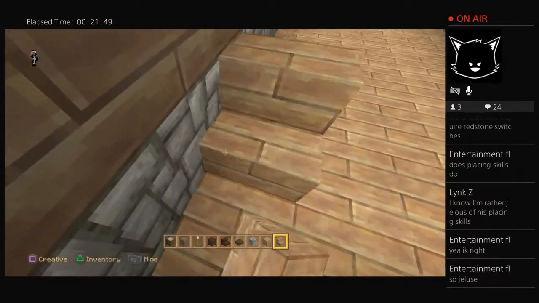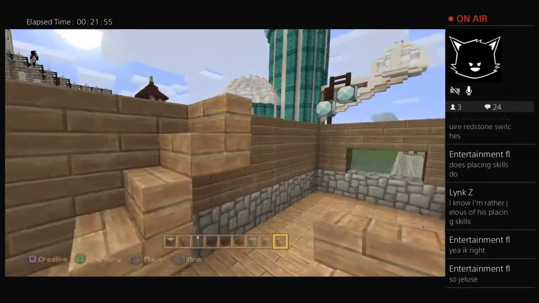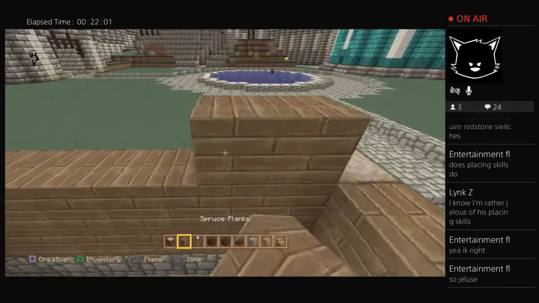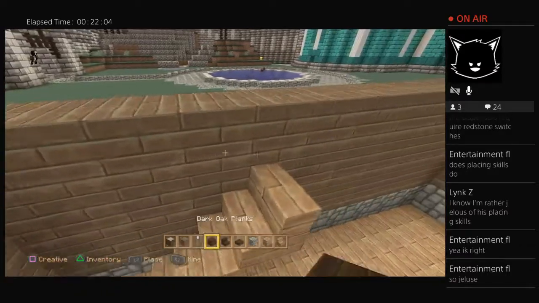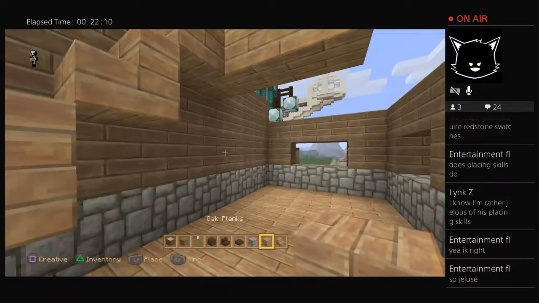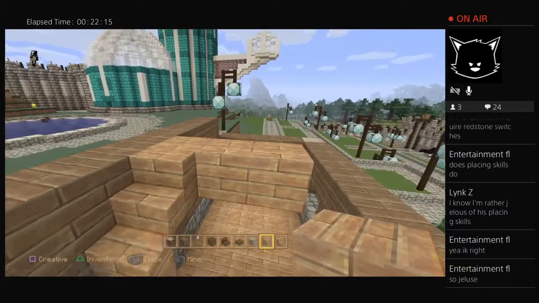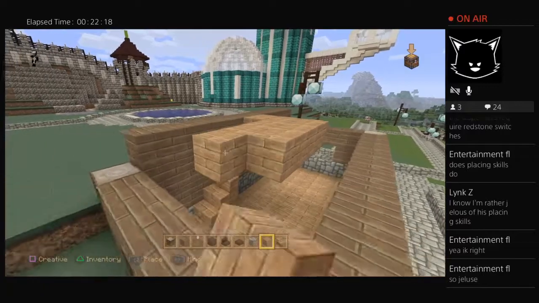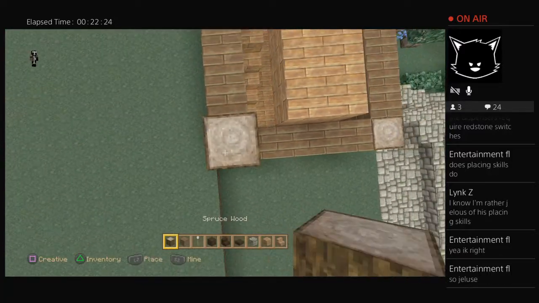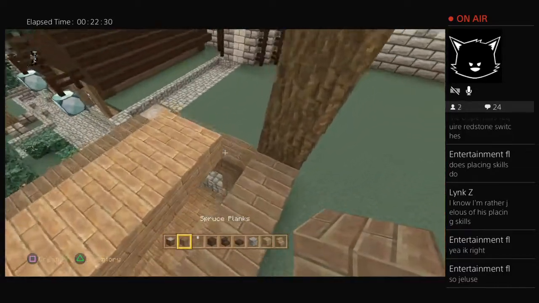Right, so if I do... Well done, mate. Is that high enough to be a floor? Yeah, I think that'll do. 1, 2... Yep, that's normally the right height. There. Now,